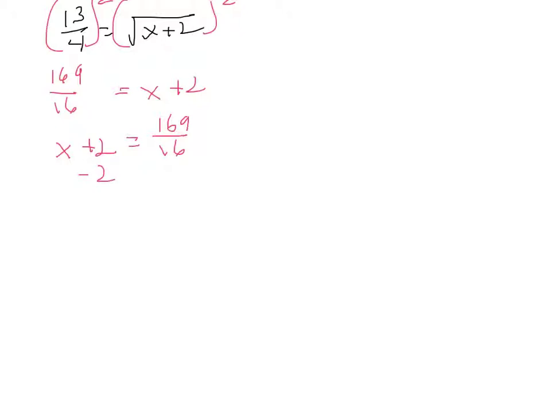I'll subtract 2 from both sides. I get x equals 169 over 16 minus, well, 2 is 32 sixteenths, so that is equal to 137 sixteenths. And then I would go back and check my answer to make sure that it is correct. But the key to this